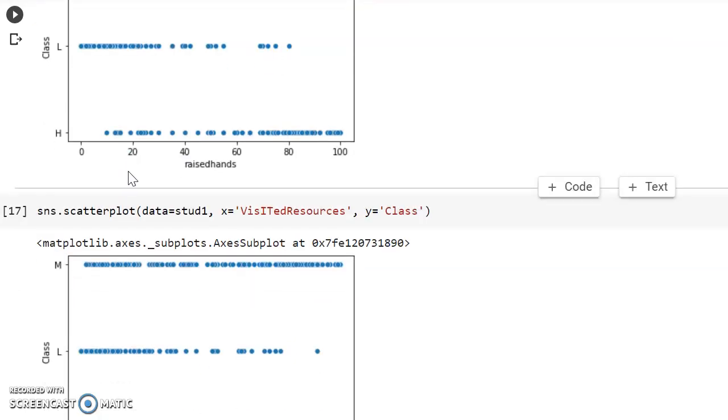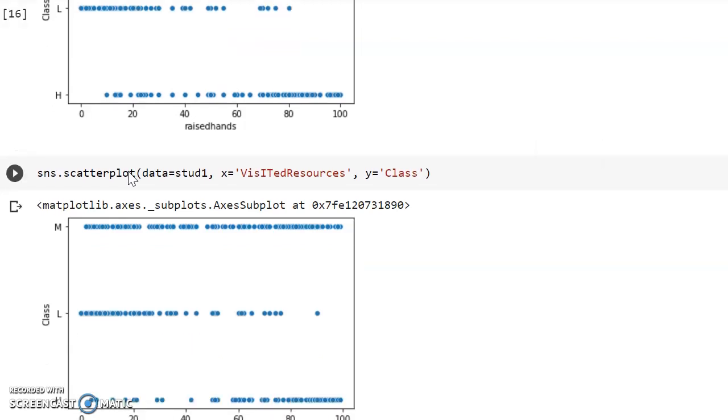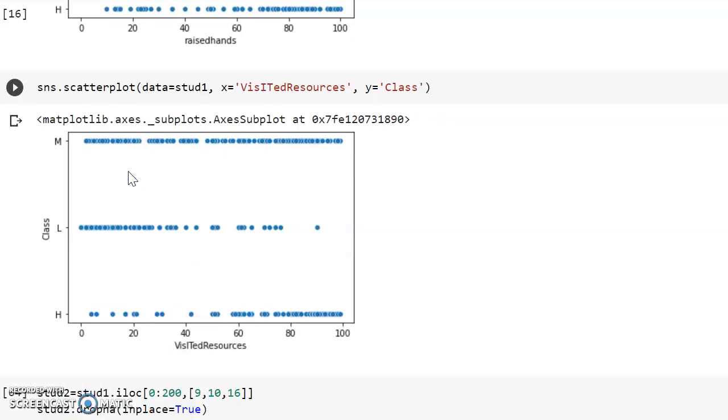And after that, I have defined the scatter plot as well, for visited resources and class. You can find the x-axis and y-axis classes, and visited resources from 0 to 100.